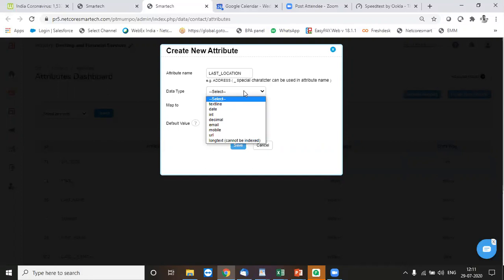So for that, we need to define whether the data that I'm uploading into the system is text, a date, an integer, or a decimal. I have to define this so that I can use them effectively in my segmentations. And I cannot change this. This is also a fixed thing. Once I define the attribute and its data type, I cannot change it. And here I can give a default value to my attribute. In case I don't have the values for these attributes, I can put the default value.